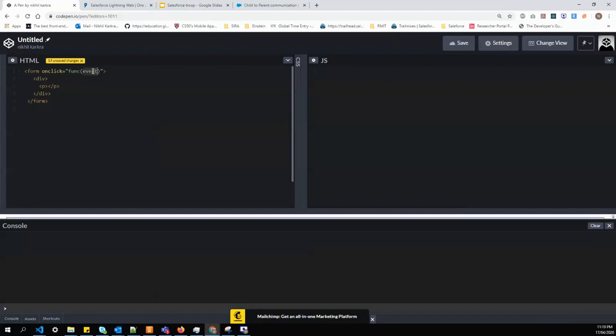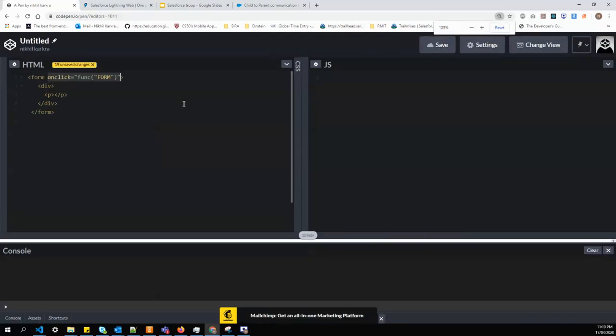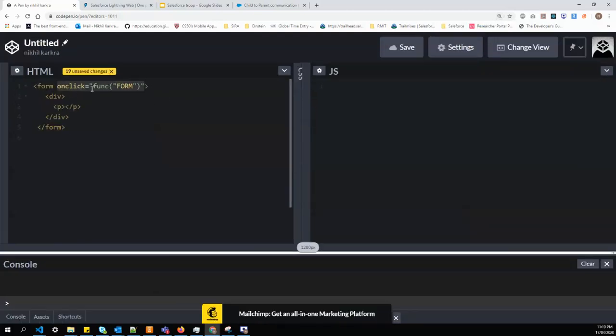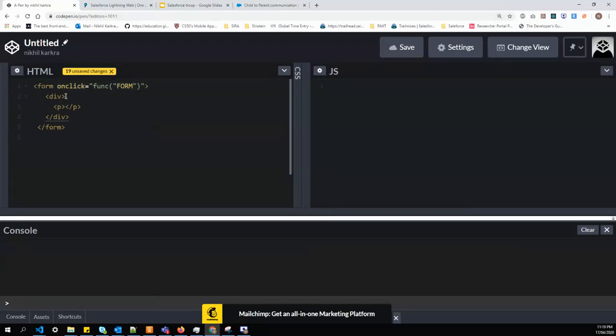First we'll go with the basic one in which we'll pass some text. First event is on form, and now let me zoom my screen. Second event is div, and third event is p. So I have created three nested HTML tags, and I have appended an onclick event handler to all of the HTML tags.